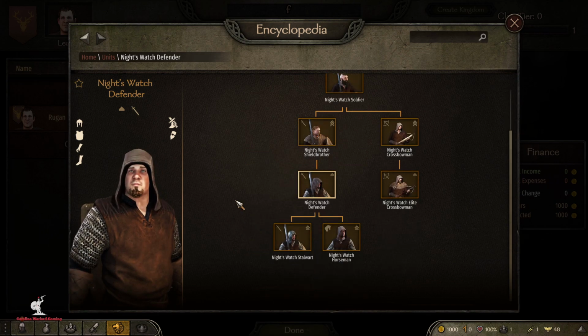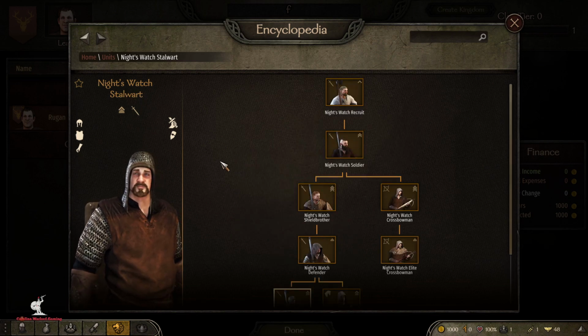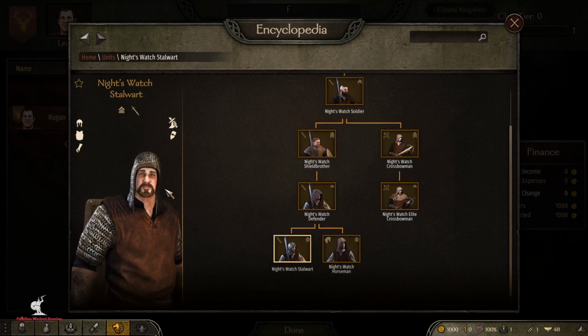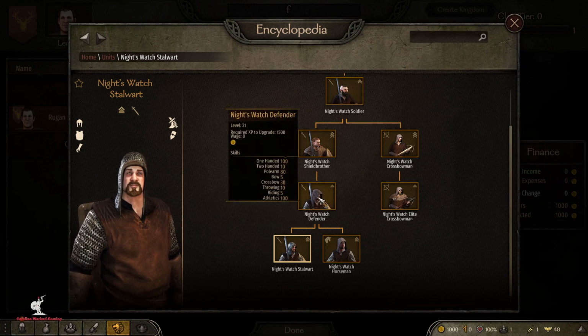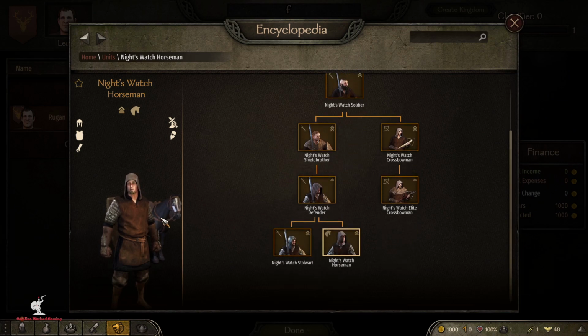Okay, Night's Watch Defender. My Night's Watch Defender will then go to what I got as a Night's Watch Stalwart. Pretty good, strong unit right here. Or it could go to be a Night's Watch Horseman. So the only horseman I have in the troop tree right here is a Night's Watch Horseman. So they are really skimpy on the horsemen also. Kind of like the